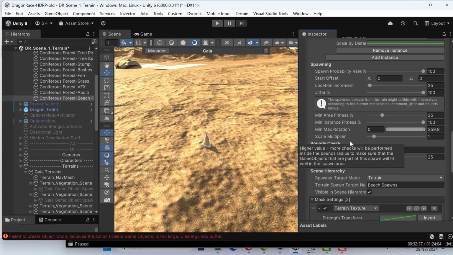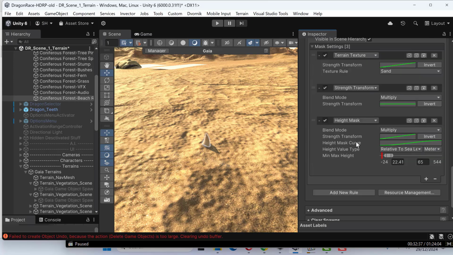Right, the height mask. I'm thinking that the 0 is, well, sea level. Because it went basically 65 above, basically 130. So I'm going to say